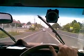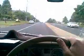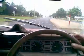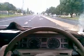Here's a bit of a test. Windscreen wipers on. We're in fourth gear. Coming down through 50 kilometres an hour. 1,500 revs. Putt, putt, putt, putt, putt up the hill. And we're on the 15 minutes